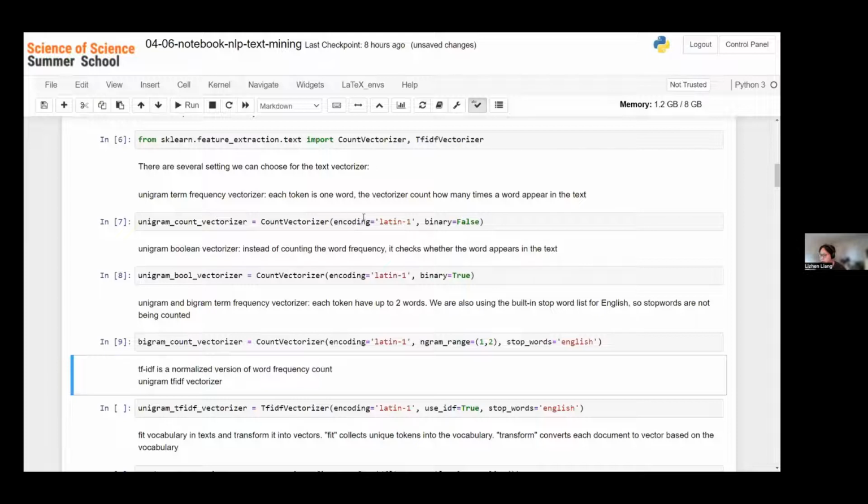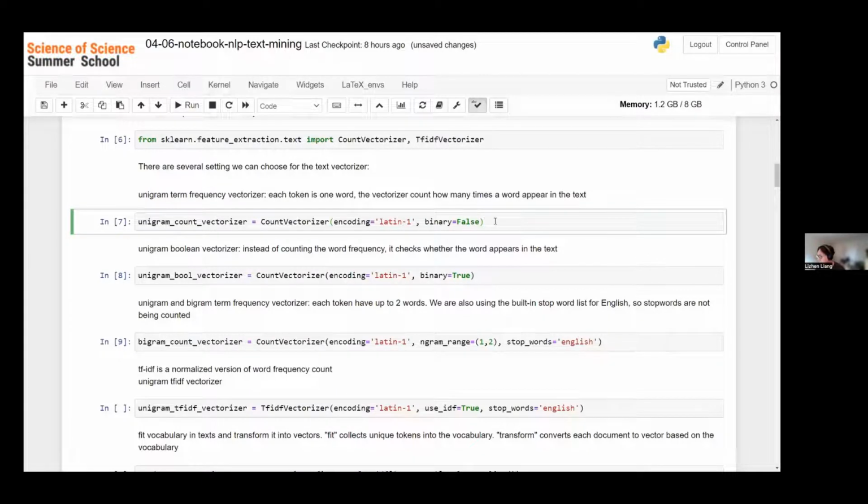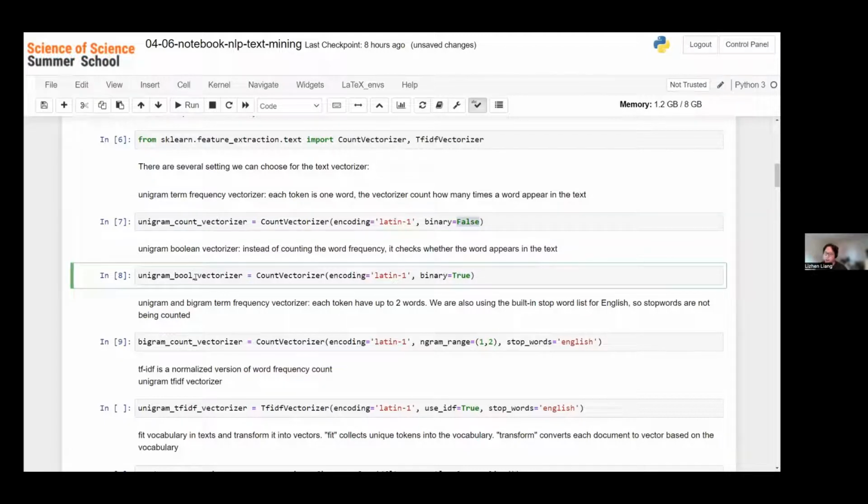By adjusting the parameters, we can adjust how the vectorizer does the counting. If we set binary to false, it's counting the word frequency. On the other hand, if we set it to true, it's just counting whether a word appears in the sentence.